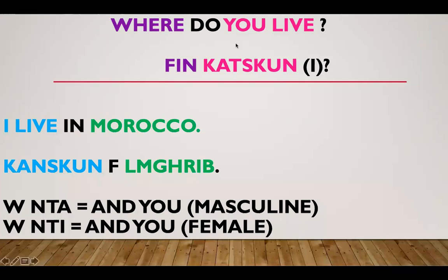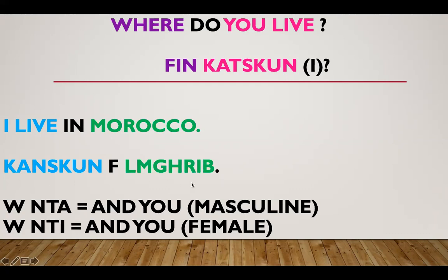The answer here, this is the present. It means present. Over here it means like you, I'm talking about you as a person. If I'm talking about myself, I will change it to N. So present, and it means I'm talking about myself, and over here we have the verb. And when I say it, I add the I over here if it's a girl. This is to know if I'm talking to you as a girl or as a man. So أنا كنسكن في المغرب.